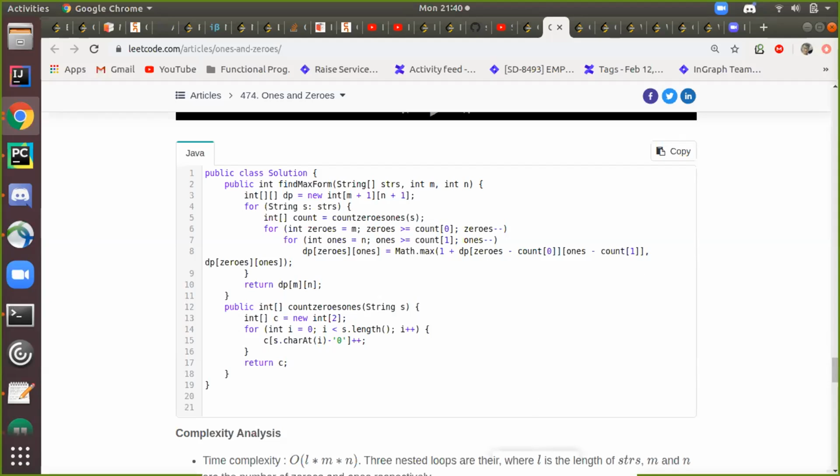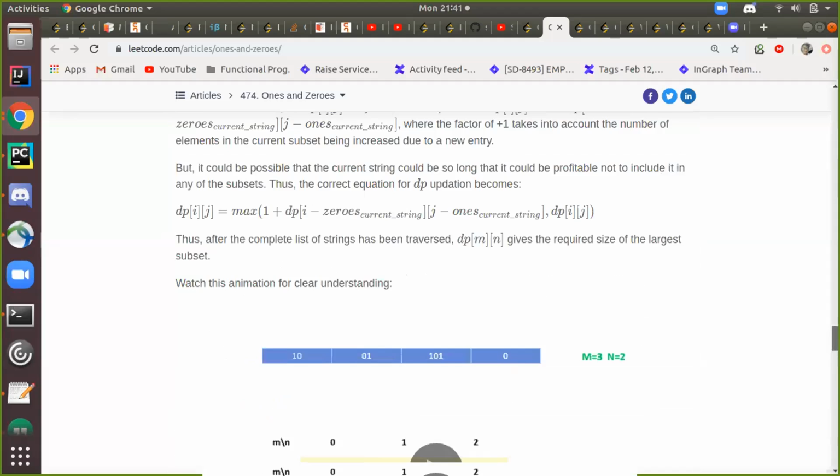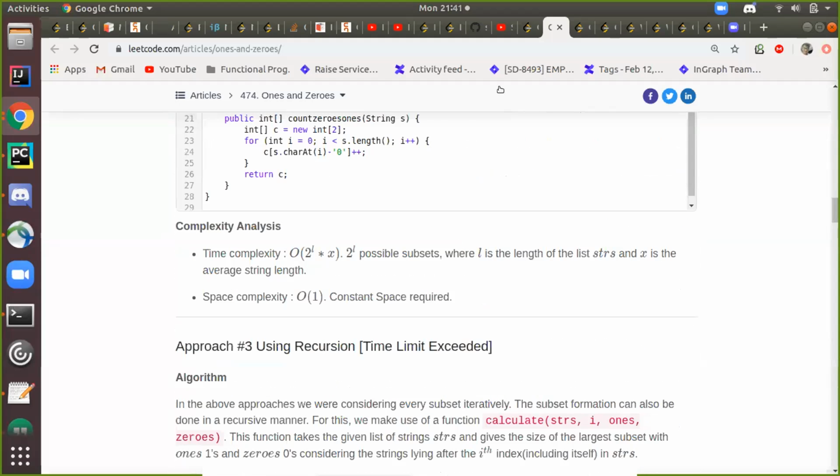Can you share this code? Sure. Actually, we are reducing the space complexity, but I saw a thread where he was trying to do it in MN, I guess. In the discussions? Yeah, the first thread. So space is going to be constant?